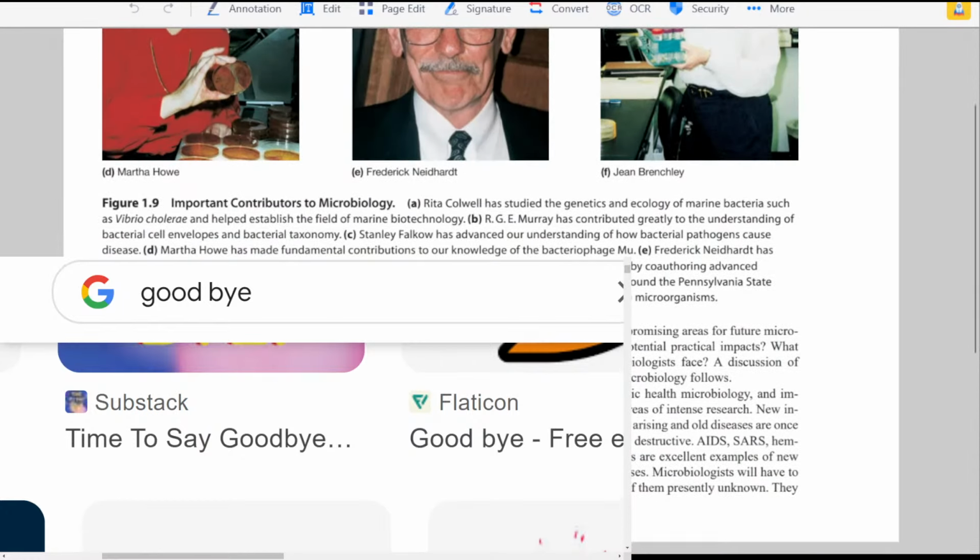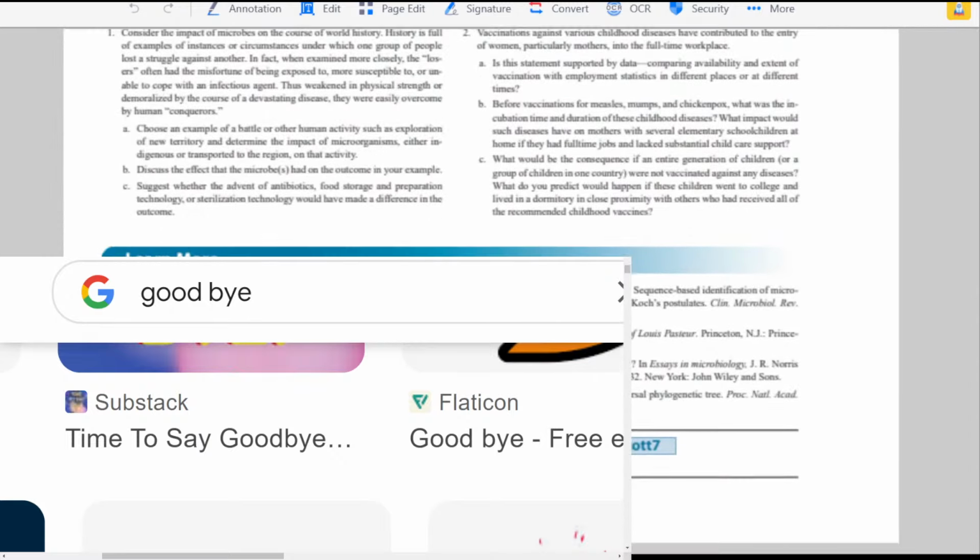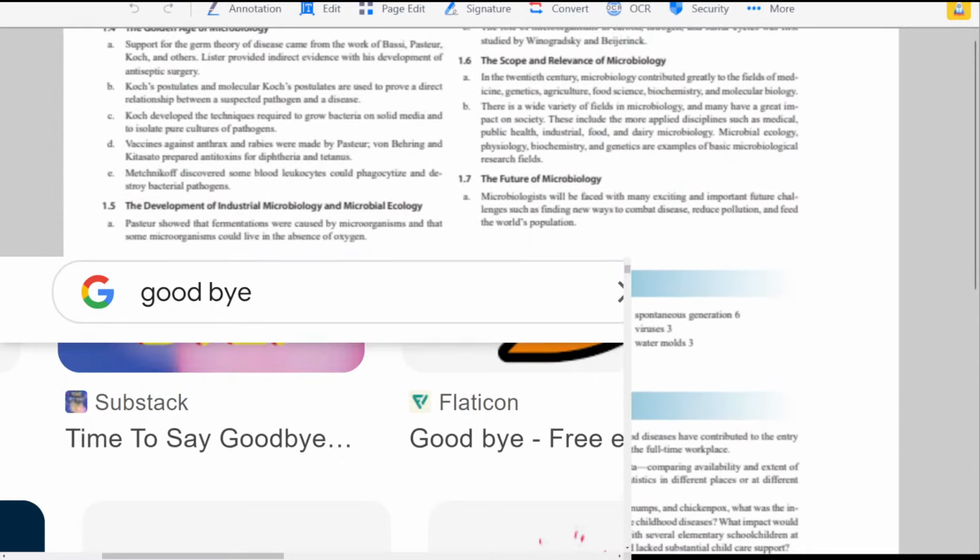Right, look at these, the future of microbiology. Okay, it's such a long chapter and it has many scientists, and I will be summarizing all of this so we can remember what we studied. All right, this is